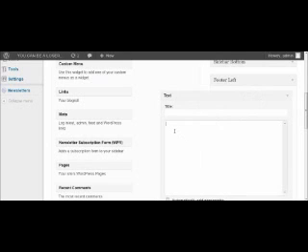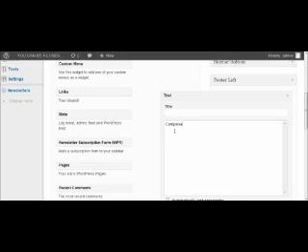And then we're going to come over here and we're just going to type in. It can be as long or as short as you want. Basically what it has to say is that you are a compensated affiliate. You can get really in depth and say, you know, I'll only bring you products that I personally use, and anything of that nature. But all it has to actually say is